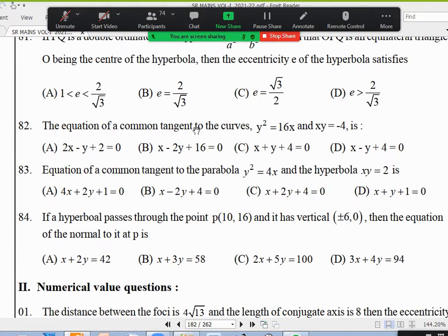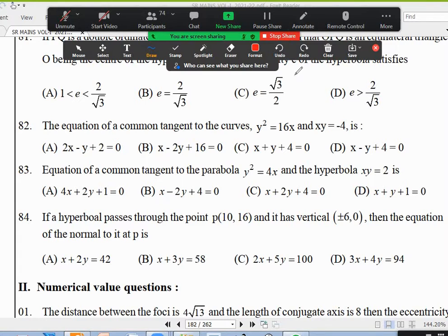About common tangent questions, you could do comfortably now. But we don't have any formula for a common general tangent for this. Then what will you do in 82? The general point is ct1 comma minus c by t1. That's okay for a general point, but forget about all this. Let us say I don't know the formula, I want to derive it. Take y equal to mx plus c to be tangent to this hyperbola. How to derive the condition? Anybody want to give an idea?